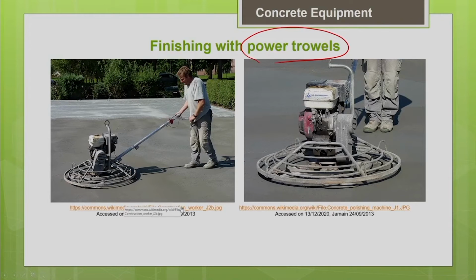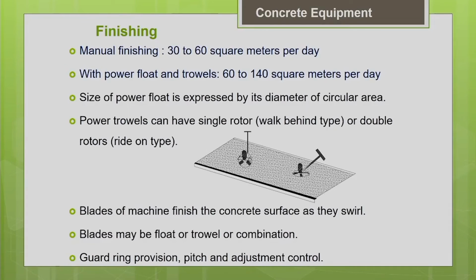So, there are different configurations available. Either this is a walk behind type simple model, or there are even bigger models where the person can ride on, okay. So, he can also sit on the machine, so the ride on type is also available. So, when you compare the productivity of the manual finishing with simple tools,